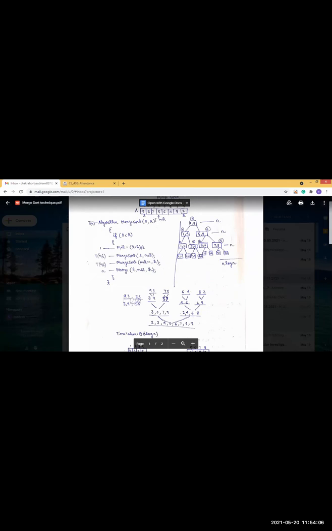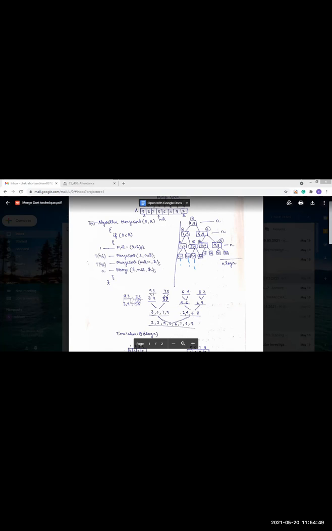First, we divided until only one element is present. Here is also one element, and here is also one element. We divide the problem until one element is present. So the first time the merging is done, how many elements will be merged? Two elements will be merged. Here also, these two elements will be merged. In this level, these two elements will be merged. Then in this, these two elements will be merged. So total: 2, 2, 2, 2.